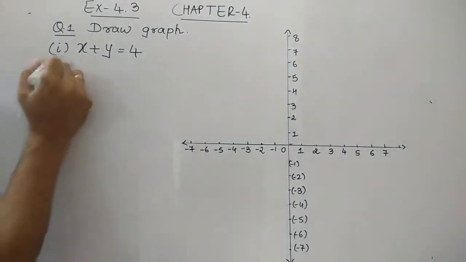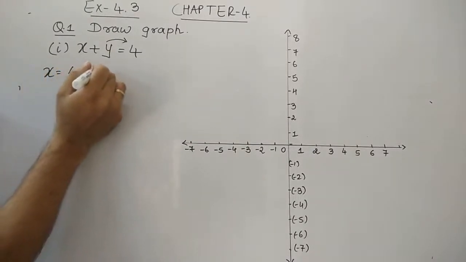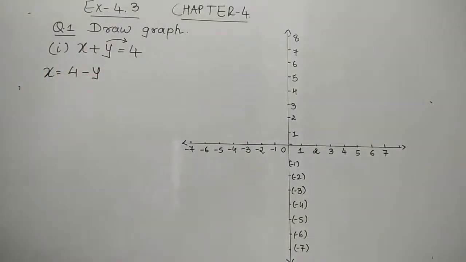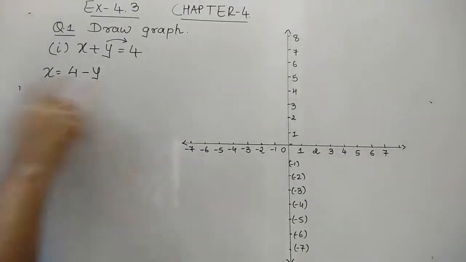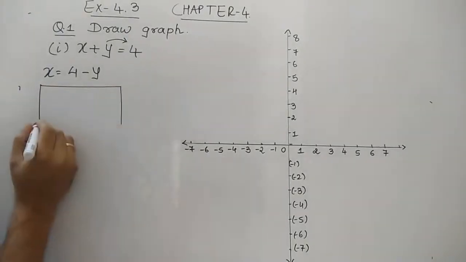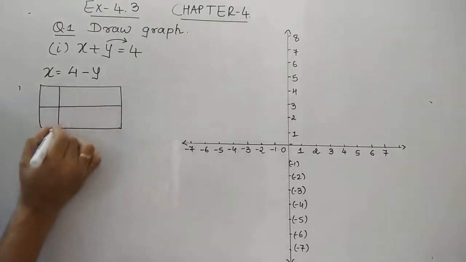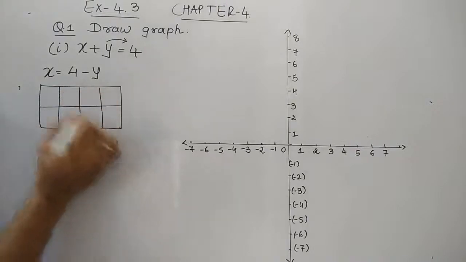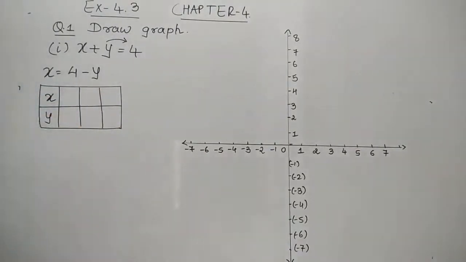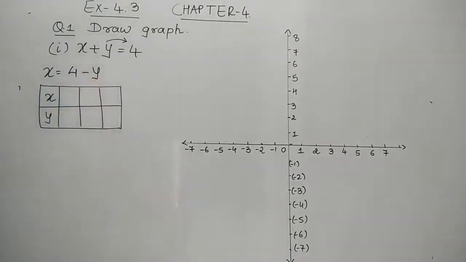So let us make x the subject. So I'll take this y to the right hand side. So my equation is x equals 4 minus y. Now here we can say that x is the subject and y is in the equation. As we discussed earlier, we have to obtain at least 3 values of both the variables, which we used to call the solution. We have to get at least 3 solutions, which we have already discussed in our earlier videos. So now the variable which is in the equation, that is y, we will assume values for it.